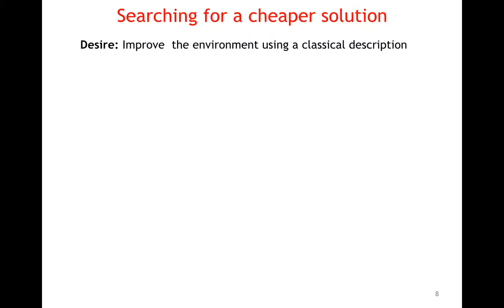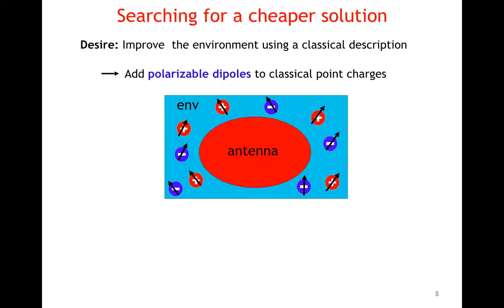So we have to find a cheaper solution, and we want possibly to keep the description of the environment still classical, and at the same time we want to improve on the point charges description of classical QMMM. One idea is to use polarizable dipoles on top of the static point charges. So in this point, we do not describe the atoms of the environment only as a set of fixed point charges, but we assign to each of them also an atomic polarizability. With this polarizability, it will be possible to compute an induced dipole moment on each classical site,